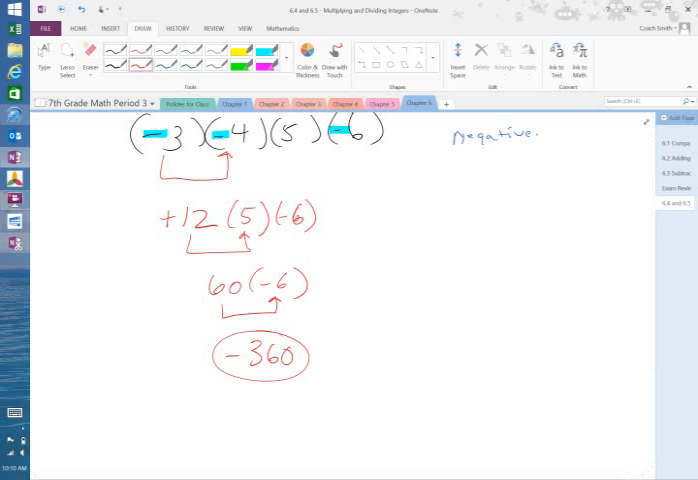Okay, so I proved it to you mathematically by our original rule of 2 negatives make a positive, 1 negative makes a negative. So here we had 2 negatives yielding a positive 12. Positive times a positive yields a positive 60. Positive times a negative equals a negative 360. But I already knew it was going to be negative simply because I counted up the number of negative signs in the problem and knew that there was an odd number of negative signs. Now, if I did it one step further,